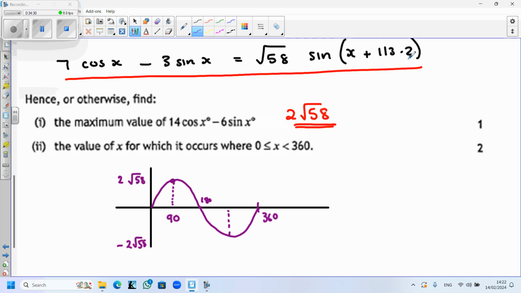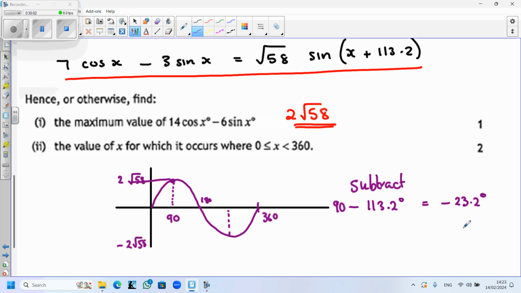So instead of adding 113.2 onto the x number, we're going to subtract. So we're going to subtract 113.2 degrees away from 90. So that's getting moved that way. It's going away back there. So when I take 113.2 degrees away from 90, that means that that graph has shifted to minus